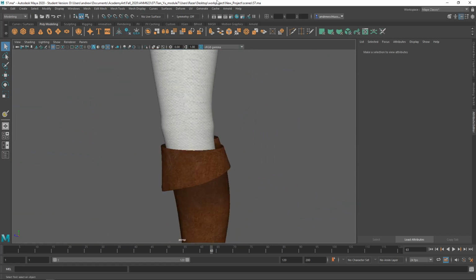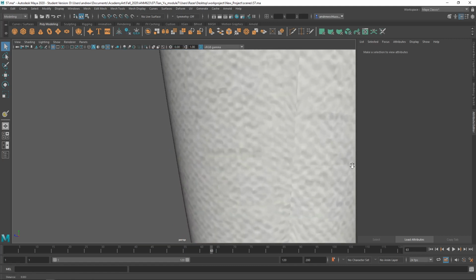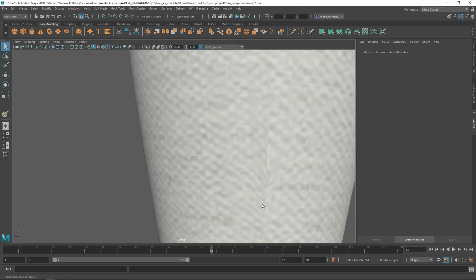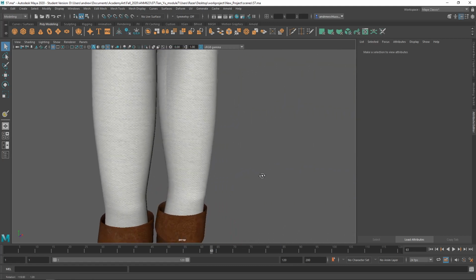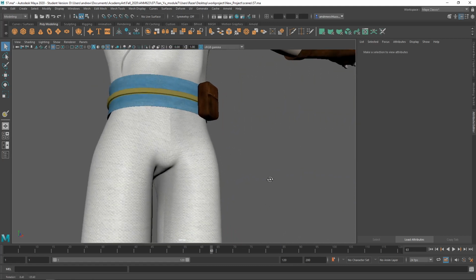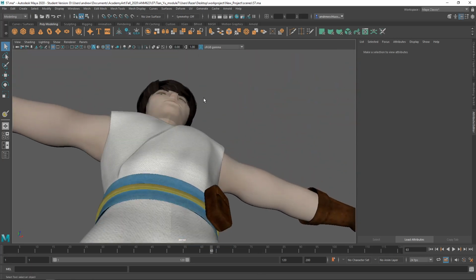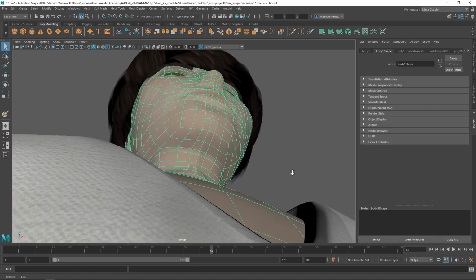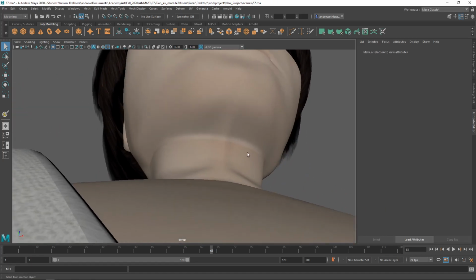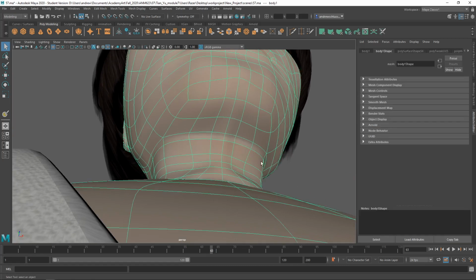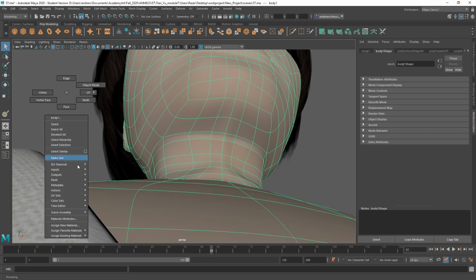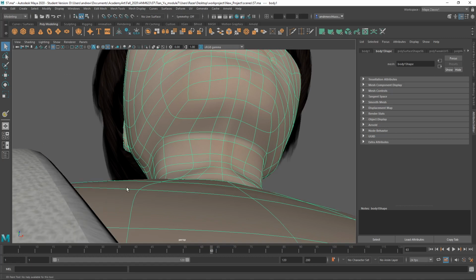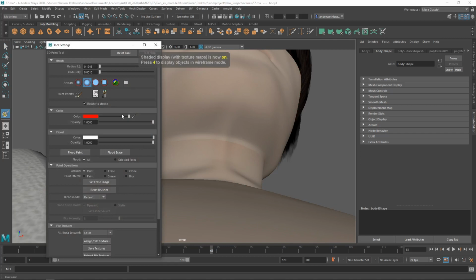I think some of the seams you have are okay. Like this seam you can see here isn't so much a problem because you could imagine the pants being constructed that way. But a seam like the one on his neck here is a bit noticeable. And because you painted in Photoshop, it's not easy in Photoshop to paint out those seams, but we can do it in Maya. So what I would tend to do is go to Paint, 3D Paint, and then in here,